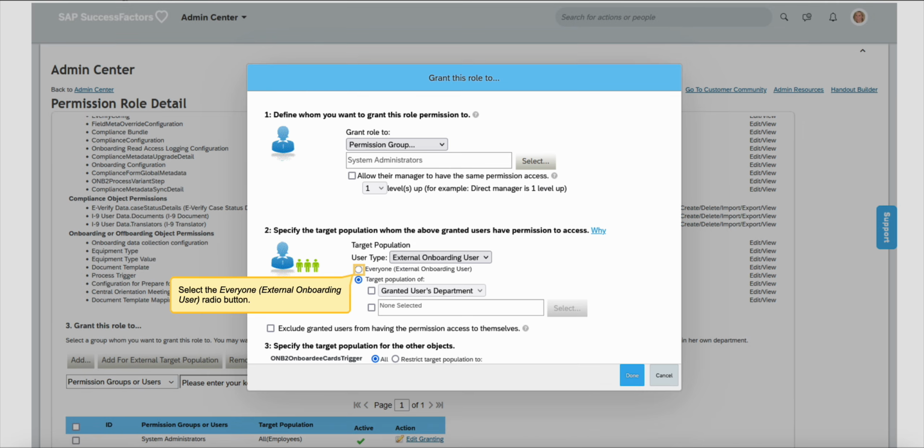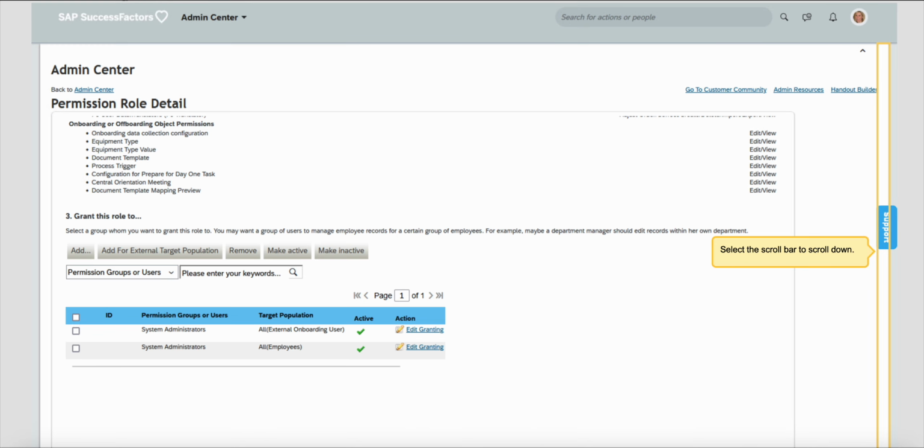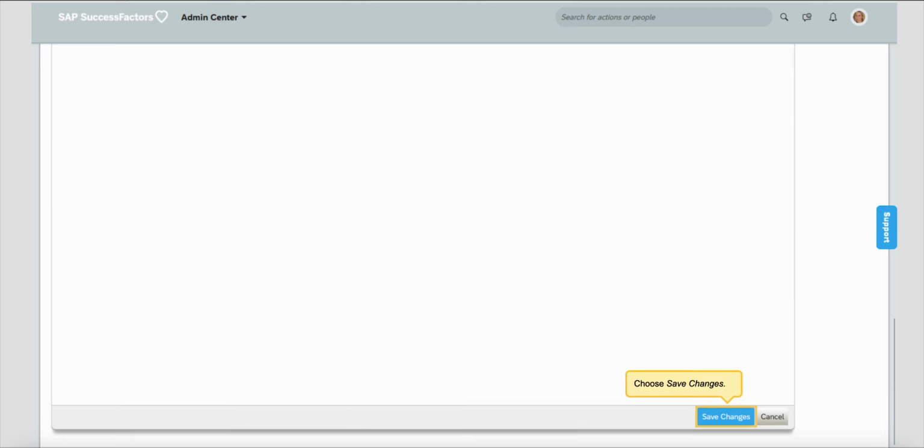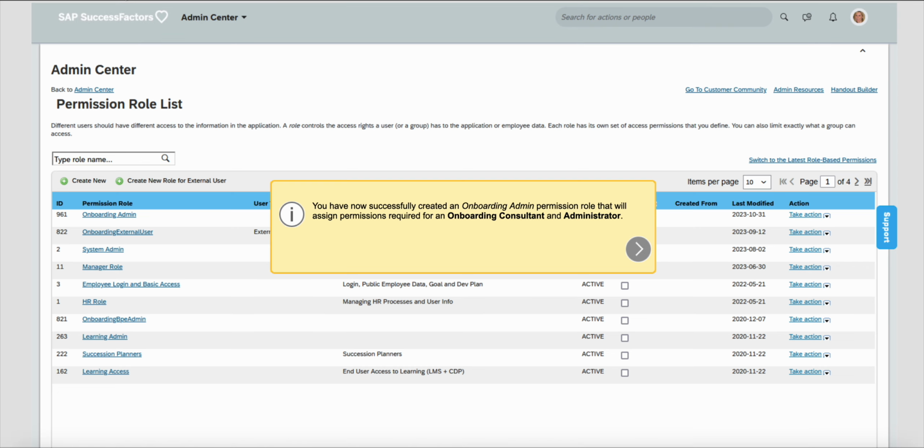So once we select that and say next, you will be asked to select the everyone external onboarding user using that radio button. When we select that, we'll go for choose done. Then we'll scroll the scroll bar down. Then we have this one as save changes, and once we save changes, you have now successfully created the onboarding admin permissions role that will assign permissions required for an onboarding consultant and